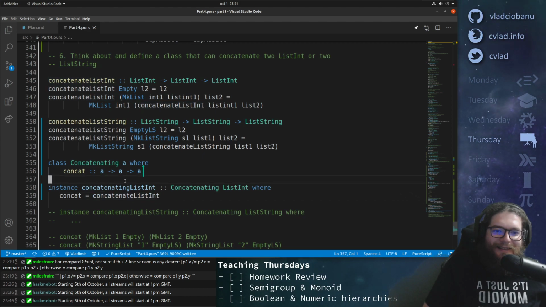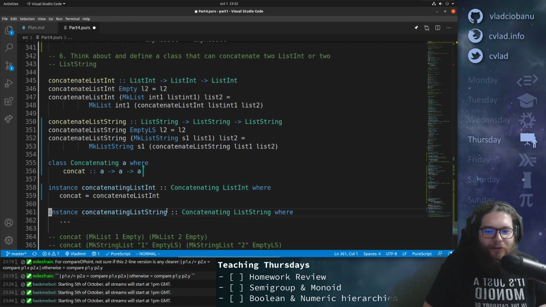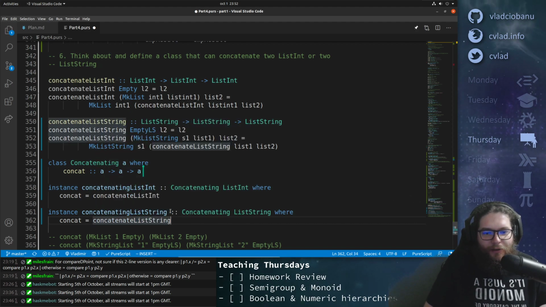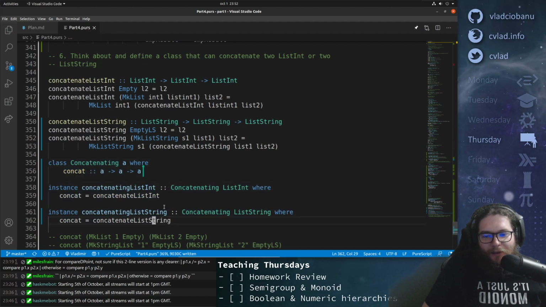Just like magic. Okay. Because in the instance, all the A's become list int, right? Which is exactly this. So then there's nothing to do here, right? It's just, okay, we already did that. But the trick was list string, right? The trick was figuring this out. And once you figure this out, then this is